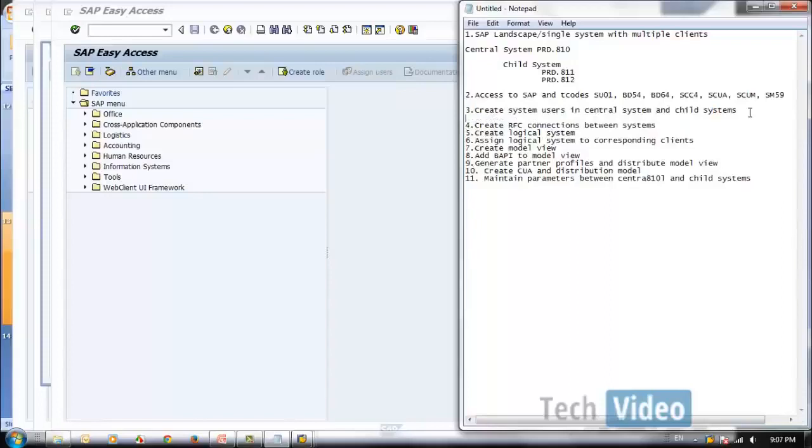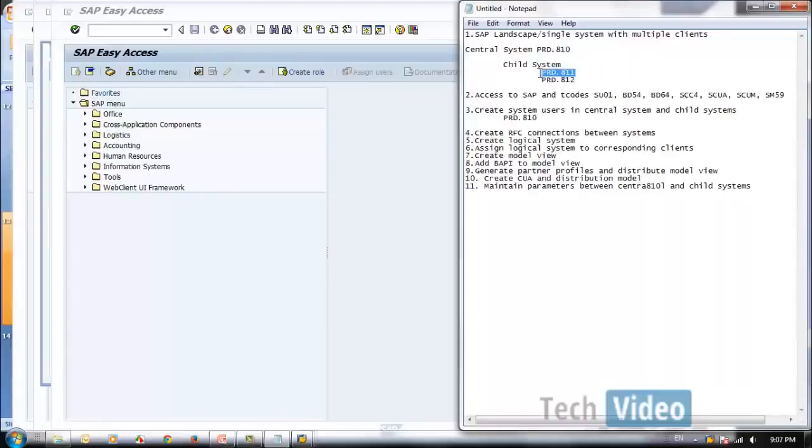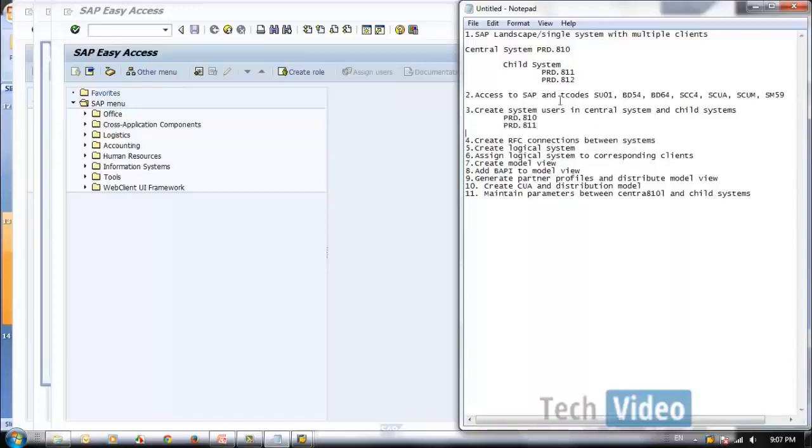So the system user name, for each of these, we will have a naming convention CUA underscore PRD 810. This will be our naming convention.